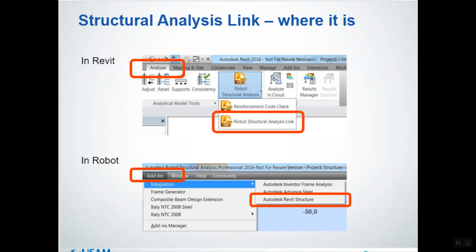So in Revit, we want to install it. In Robot, the default thing will be there already in it. Yes, these are the two things you're going to note. Now, first thing, if you want to integrate these two softwares, you want to install the Structure Analysis Toolkit according to the versions. Then after the installation, you can find it in your Analyze tab. You will be having a thing called Robot Structure Analysis. Then in Robot, you will be having it in add-ins. In add-ins under integration, we'll be having Autodesk Revit Structure.